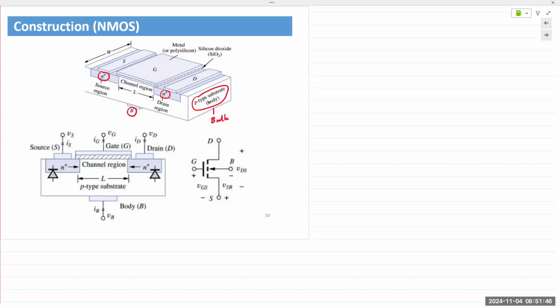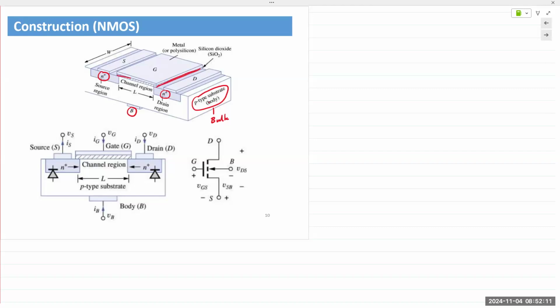But both the source and the drain are the N plus regions in a P-type substrate. Theoretically, this device, like the JFET, can be symmetrical. You can use the drain and the source interchangeably. And then, of course, there's the gate region. There's an oxide layer right here